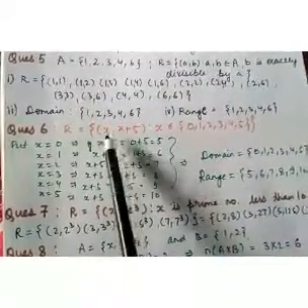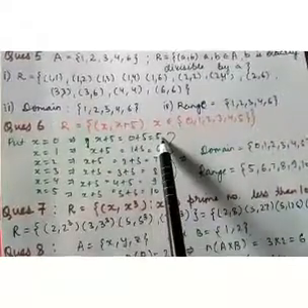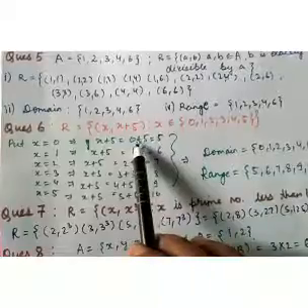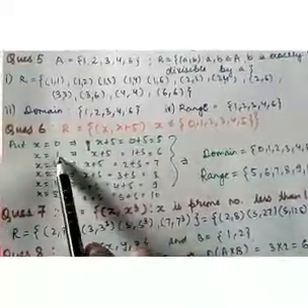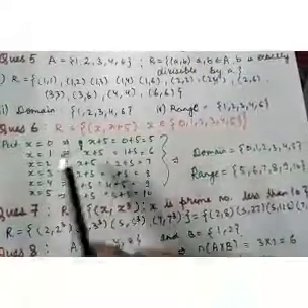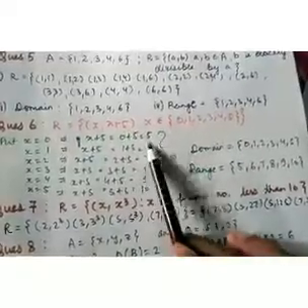Question number 6 is determine the domain and range of the relation R defined by R is equal to x, x plus 5, where x has these values. Now when x is 0, then x plus 5 will become 5. So like this we will write the different values of x plus 5. X is 1, then x plus 5 is 6, and so on. Now we can write the domain which is equal to these values and range which is equal to 5, 6, 7, 8, 9 and 10.